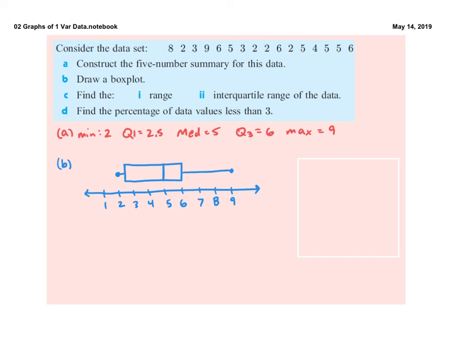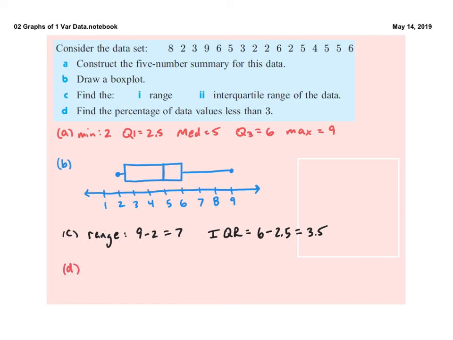Okay, so next we have, for C, the range. So the range is going to be the maximum, which is 9, minus the minimum, which is 2, so that's going to be 7. The interquartile range, remember, is Q3, which is 6, minus Q1, which is 2.5. So the interquartile range is 3.5. And then for part D,